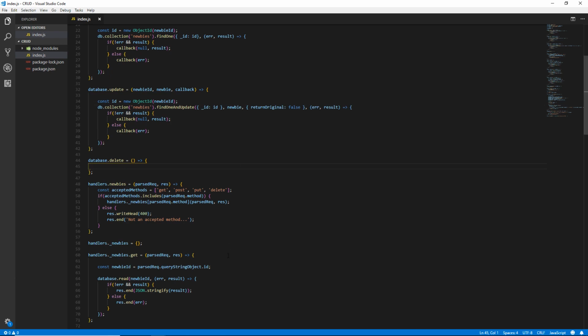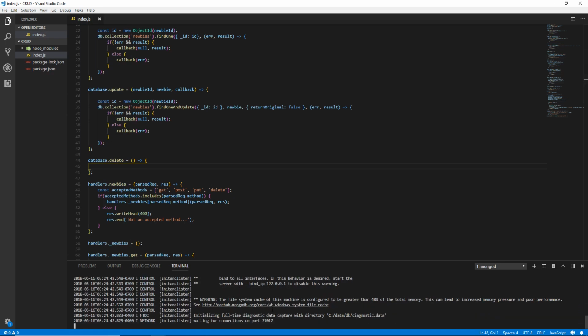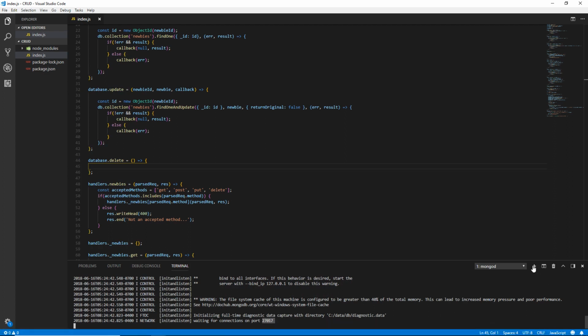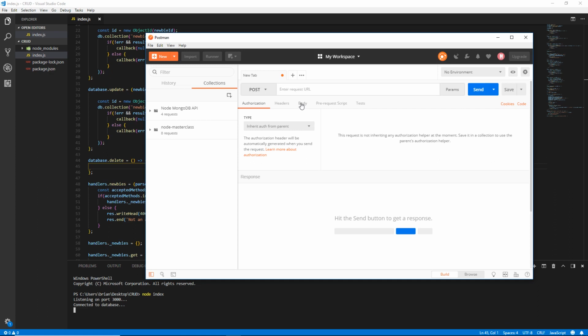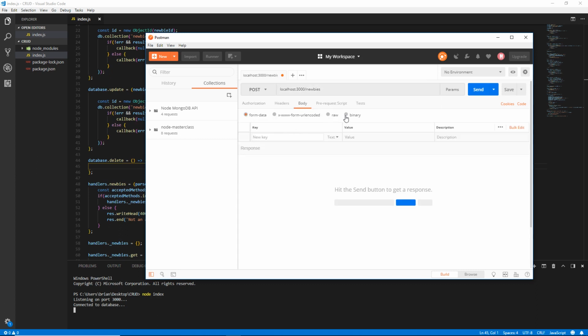Let's go ahead and test this out. Go to View, Integrated Terminal, mongod. Make sure we get connections on port 27017. Open a different terminal, node index. Make sure we're getting listening on port 3000 and connected to database. Let's do a post call to create a document to update, and that's going to be localhost:3000/newbies. Go to the body, select raw,